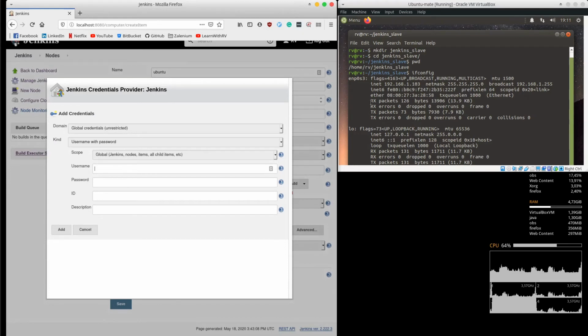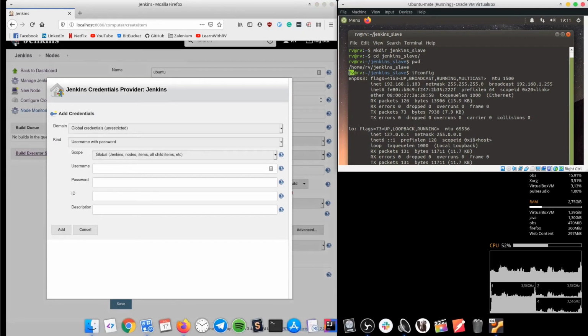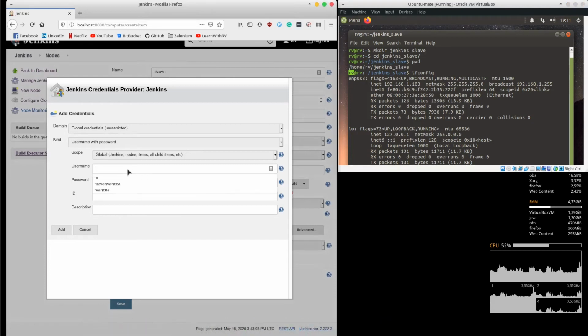As you can see, the username on the remote machine is RV. So we can simply say RV. The password. And it's optional, but we can insert a brief description. Add.